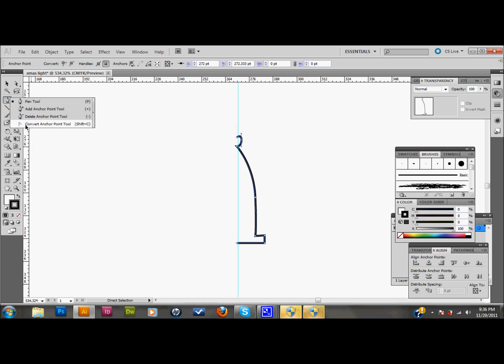I'm going to click and hold down the pen tool and get my Convert Anchor tool out, or Shift C on the keyboard. And this allows you to manipulate your anchors with the pen tool. And like I said, I'm just kind of perfecting this a little bit. And I'm not going to do too much because I don't want to waste your time. But I don't want it to come out looking real ugly either, so I think I'm going to add another point to this just to add a little